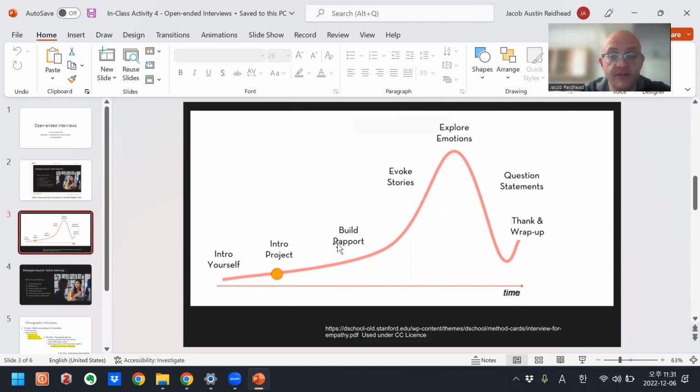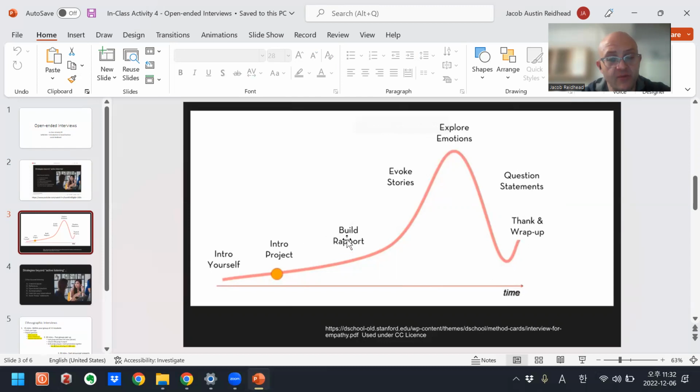I've done this activity a few times. The next step is to evoke stories and explore emotions, and the very last step is to ask the question statements and then wrap up. But evoking stories and exploring emotions is very difficult for students.